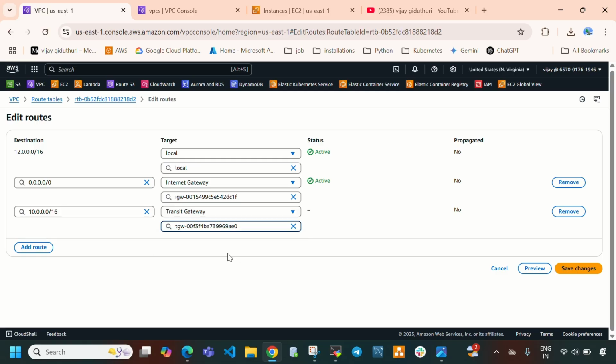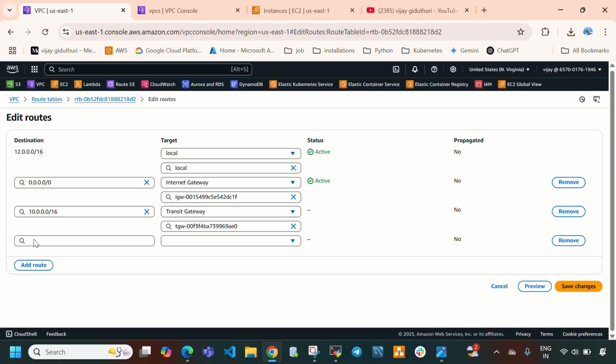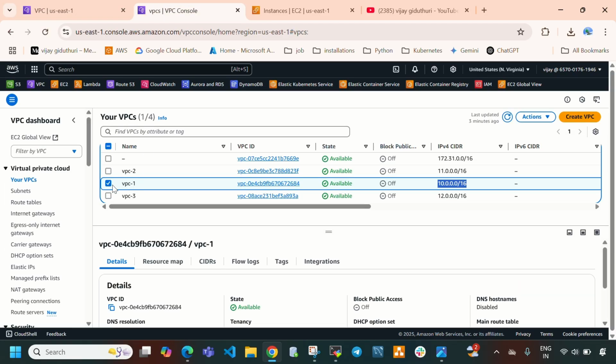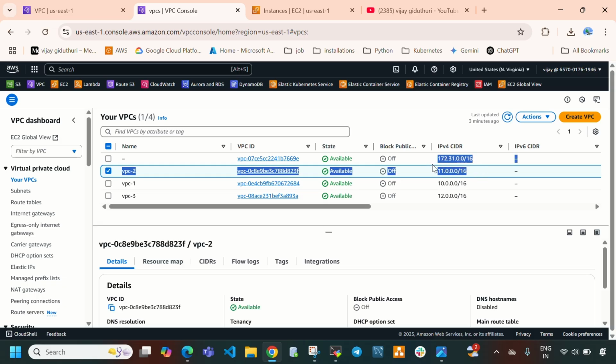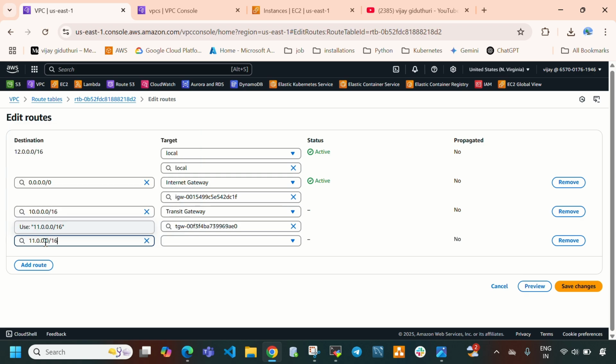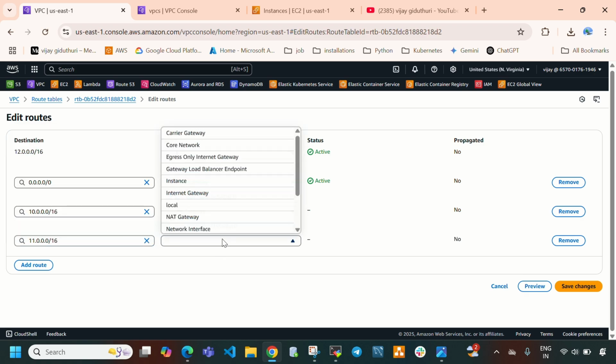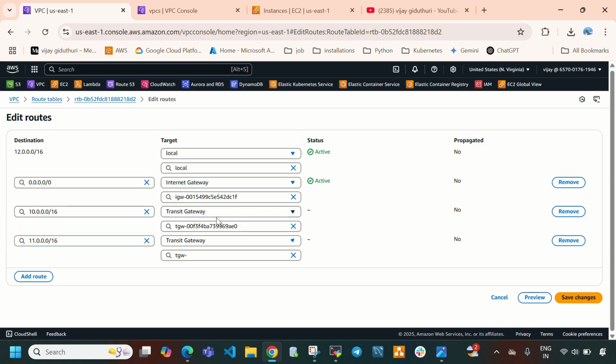Select this VPC3 transit gateway, and now directly select here add route, and here you need to provide VPC2, and here you need to copy this CIDR and come here and paste it here, and through transit gateway you need to select this transit gateway attachment VPC3. Okay, so directly select here save changes.